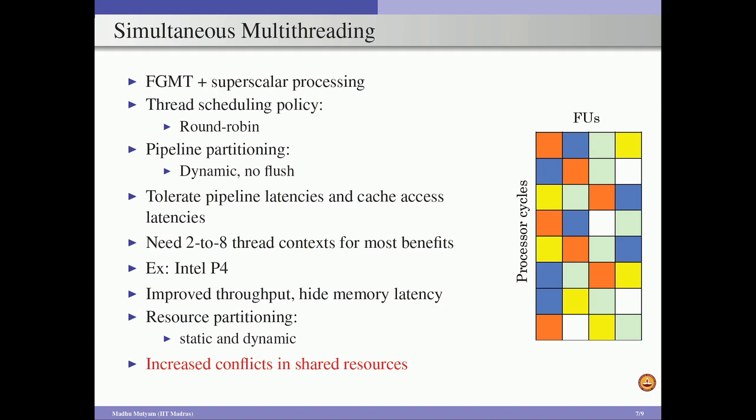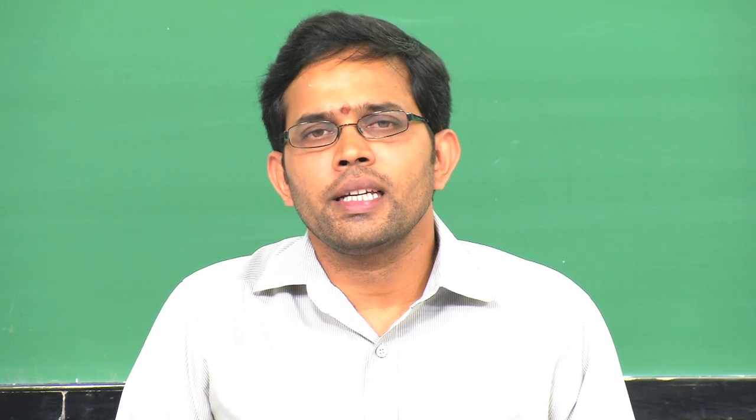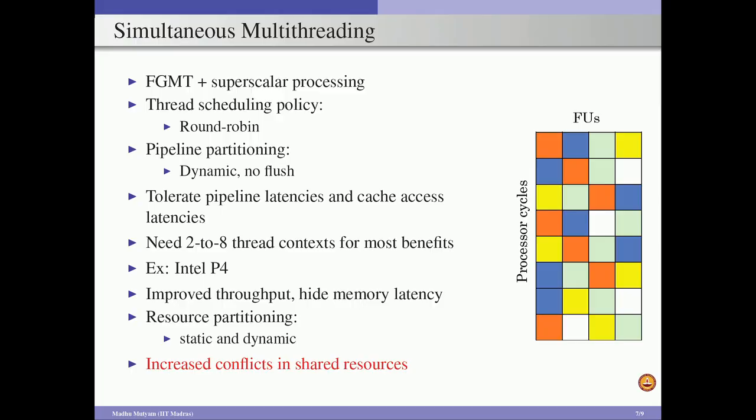But in the case of simultaneous multithreading, we consider issuing instructions from multiple hardware threads simultaneously. Also, the previous designs, fine grained and coarse grained multithreading, do not consider out of order execution. Here in simultaneous multithreading, we exploit superscalar processing, so we can execute instructions in out of order fashion by considering register renaming, dynamic scheduling and other things. As a result, simultaneous multithreading is built on top of superscalar processors.